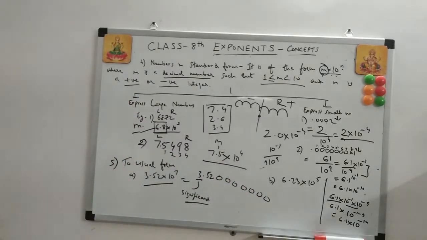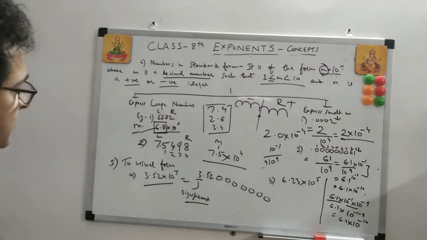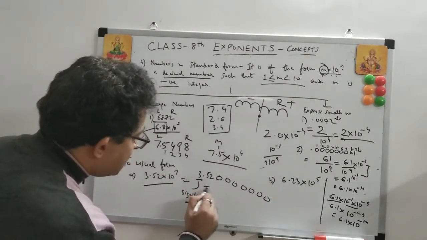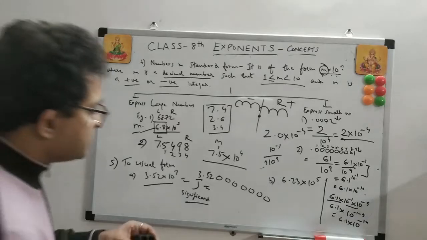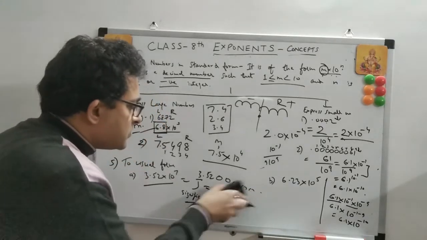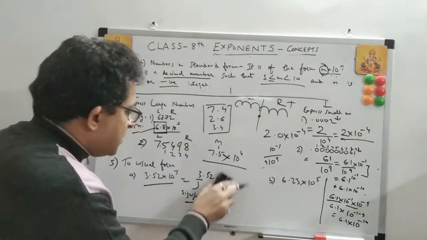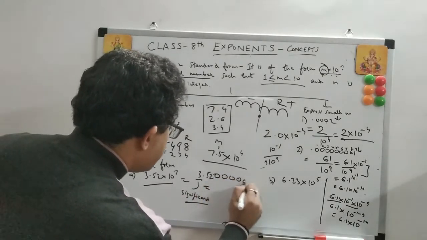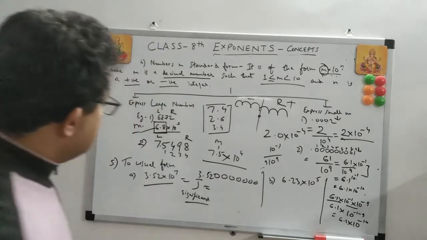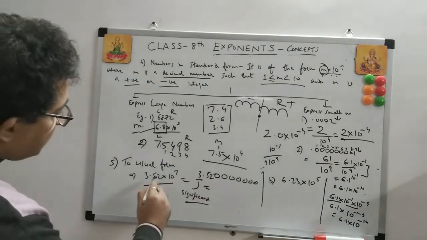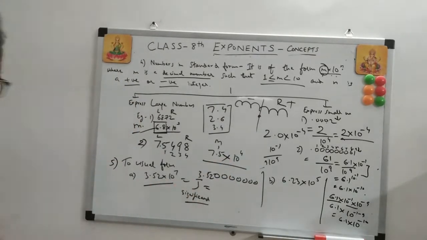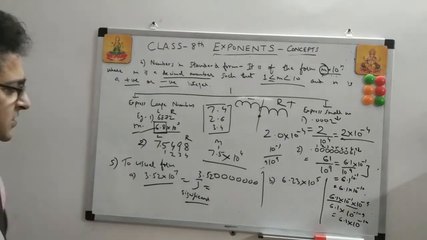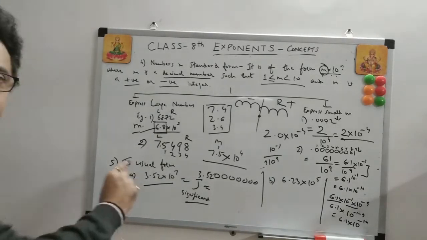Now, when you put these 7 zeros, you also have to remember that it has to be not in this form. Let me put this straight. 1, 2, 3, 4, 5, 6, 7. Okay. First, simply put this with 10 to the power 7. This is how you represent this simply when you have to put this in the usual form. It's a standard form given, right?